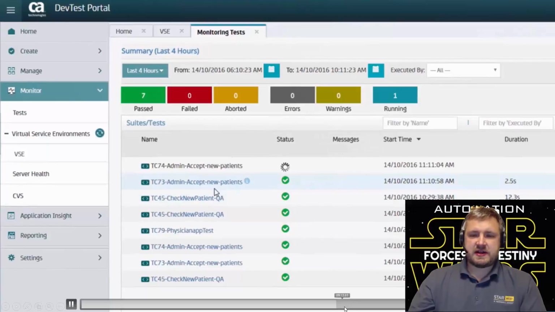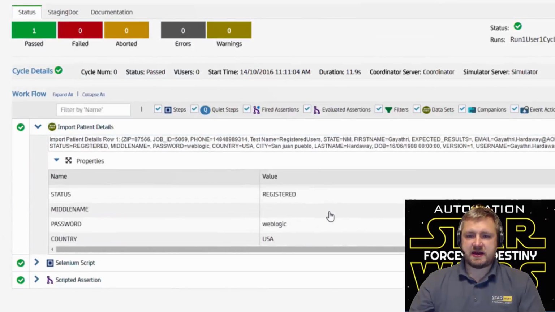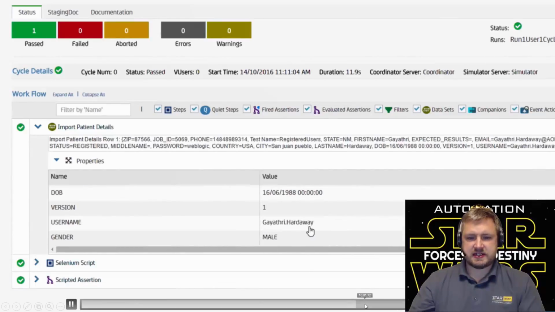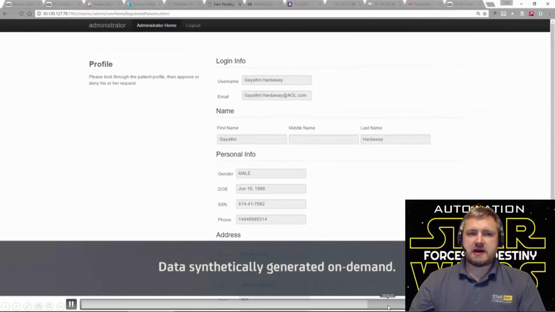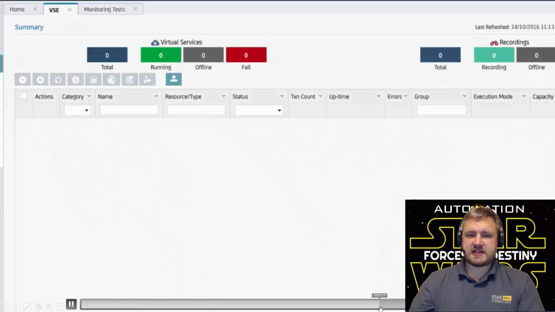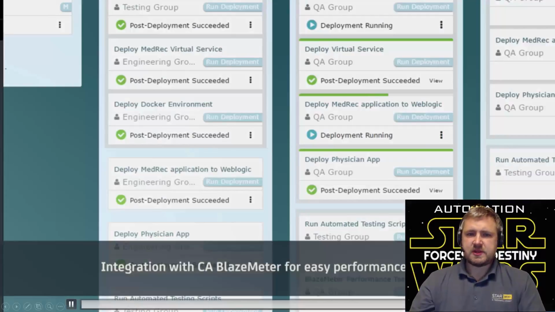Back in our dev test portal, we have a number of tests at an API layer being executed, which aren't requiring tests to be done by a real system. And as you can see the Selenium script underneath that again, and also how the data is synthetically generated on demand using our data on demand portal, and that can be fed directly into the pipeline and also into your virtual services. And then if we go further down, we can now see